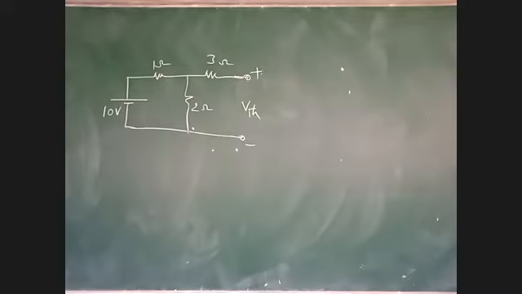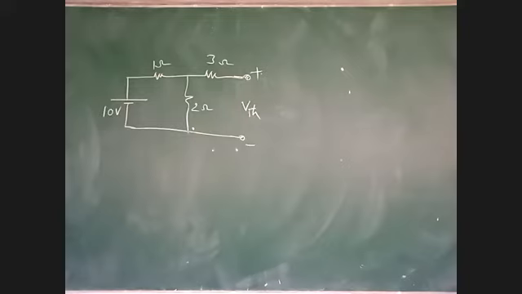In Thevenin's theorem, in the problem he is asking us to determine the current in 4 ohms. That's why I have opened that. After opening, there will be voltage. That voltage is called Thevenin voltage. I am marking it like that: upper terminal is plus and lower terminal is minus. In any problem, the first step is this one. Now I have to determine VTH, the Thevenin voltage in this circuit.